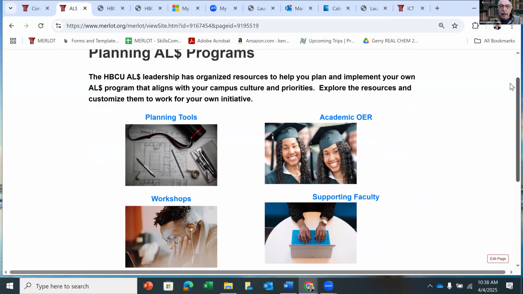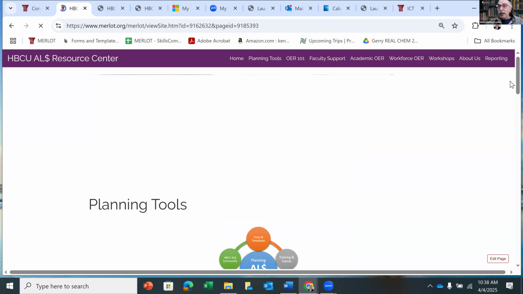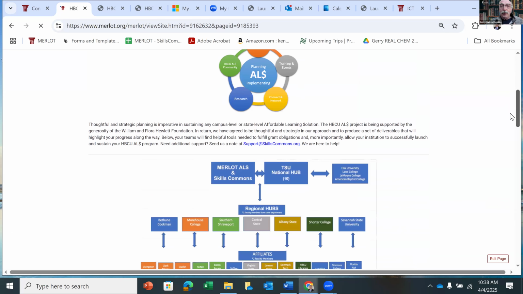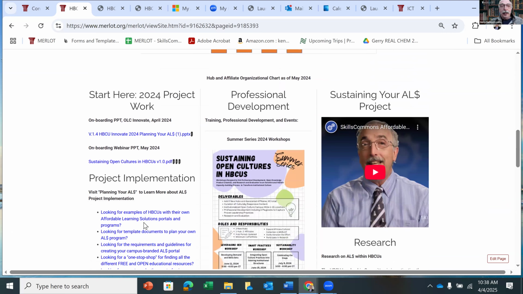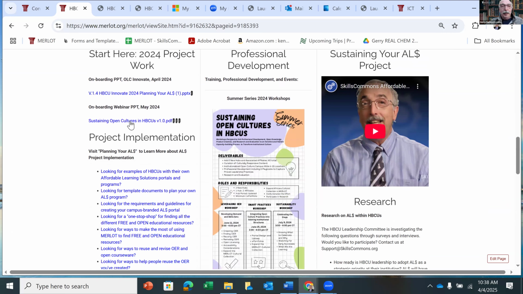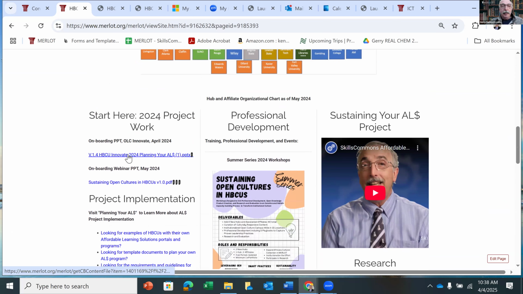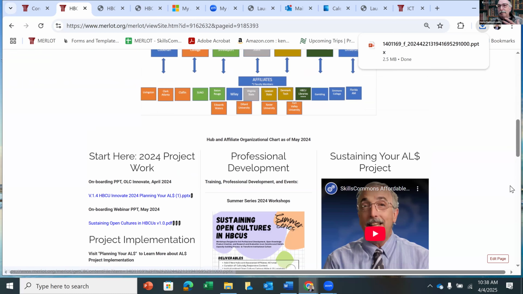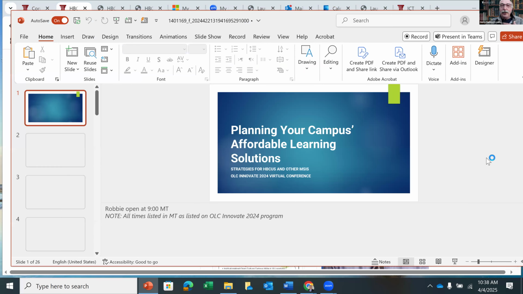And on the planning side, we have planning tools, for example. I showed you some of this already. So if you just started and said, okay, we got this affordable learning solutions project, and you might have been volunteered.